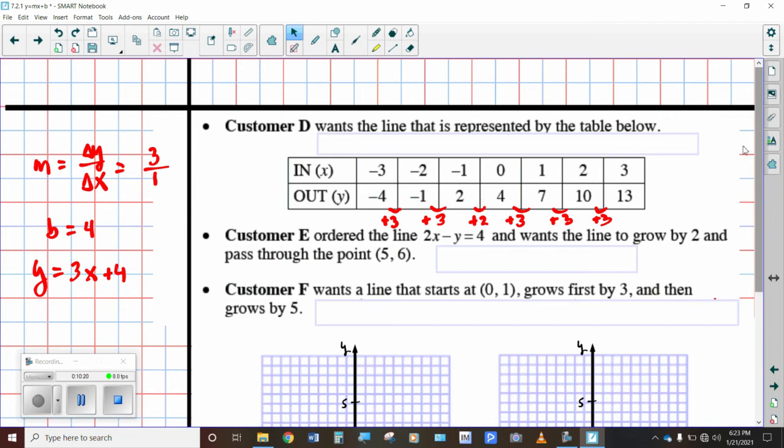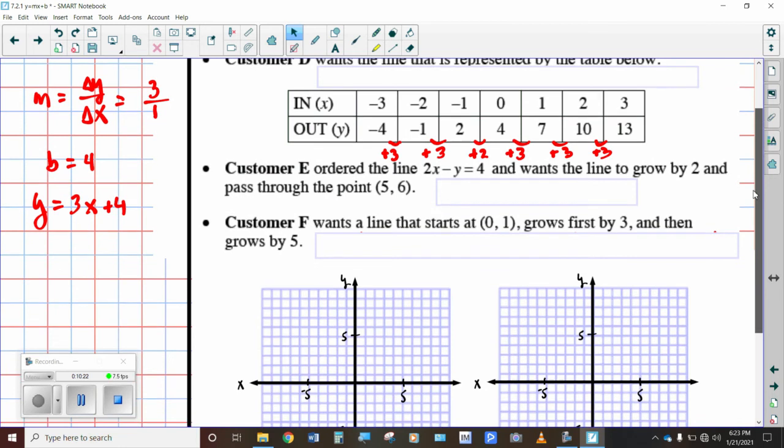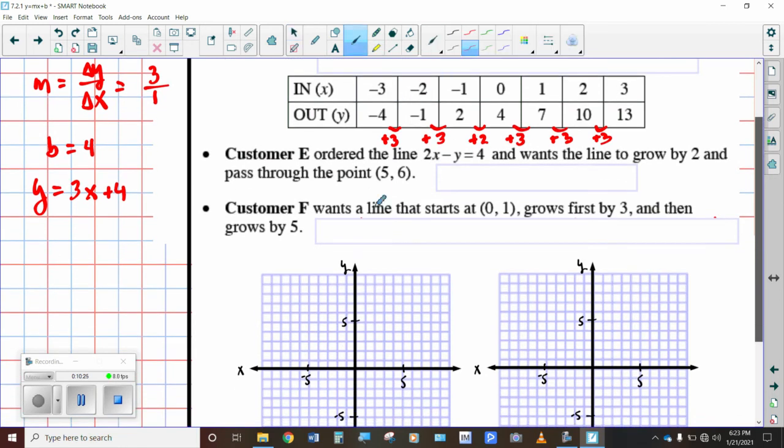Let me see if I can show you on here what the problem is. Let's take (negative 3, negative 4), which is located here. (Negative 2, negative 1) is located here. (Negative 1, 2) is located here, and then (0, 4) is located there, and that becomes the problem. It slightly shifts, and then it goes straight again. So I'm going to go ahead and complete this. This is (1, 7) and (2, 10), and that should be enough for us to see that when we try,